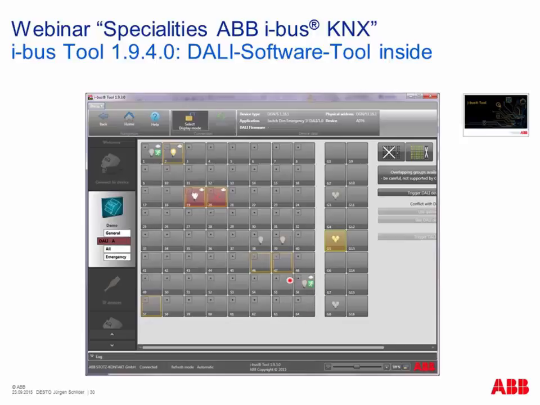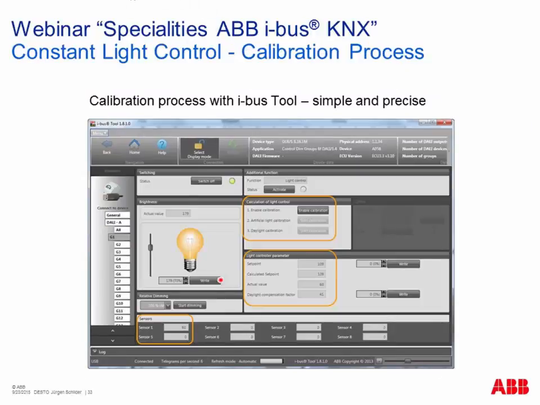Also this emergency lighting component will be supported here with some more features. So a very user-friendly solution for the system integrator to design and commission these DALI gateways from ABB. If you use constant light control, an additional step is necessary: calibration